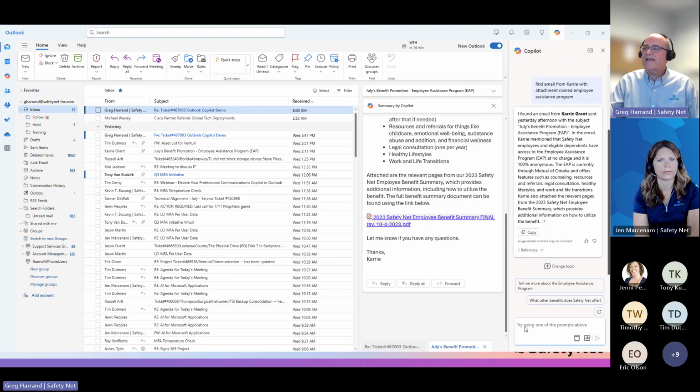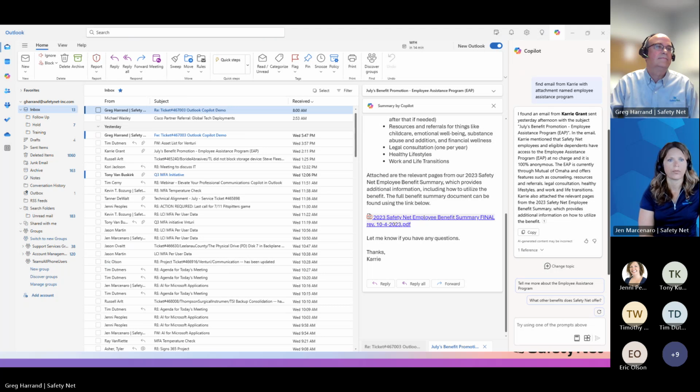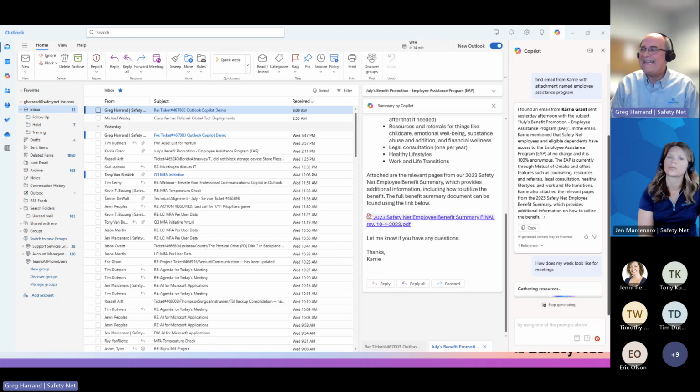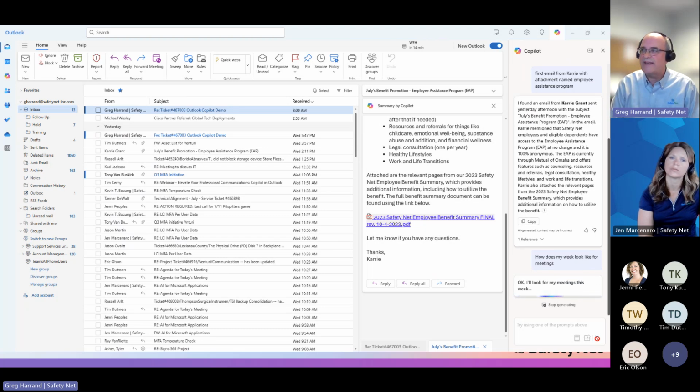The other thing that's kind of nice with it is when you sit down and you can query your calendar here as well. So I'm in Outlook, right? And I say, how does my week look for meetings? It's taking a look at my calendar right now, and it's going to query it, and it's going to bring up all of my meetings that I have on my calendar.